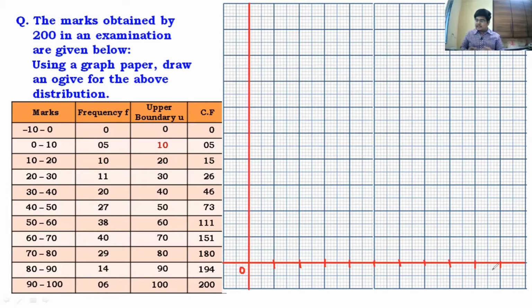Because what I have seen is many times when you buy graph paper from your local stationery stores, the graph can be of different companies and there is a difference of 1 or 2 boxes. Because of which the graph doesn't fit. That might happen. In that case, what you can do is shift your y-axis. You can start your y-axis from the extreme left. What I mean is, don't leave a gap of 1 box and start your y-axis from the extreme left. That will help you gain 1 box.